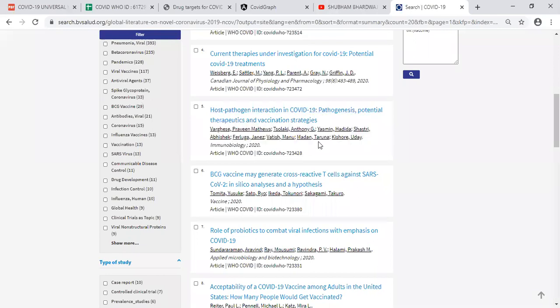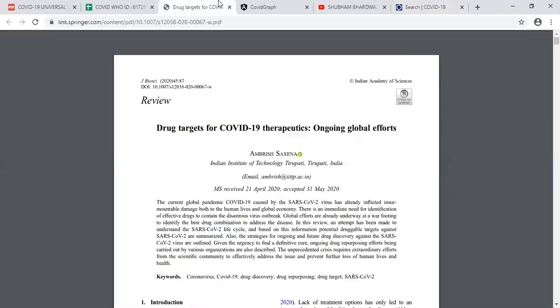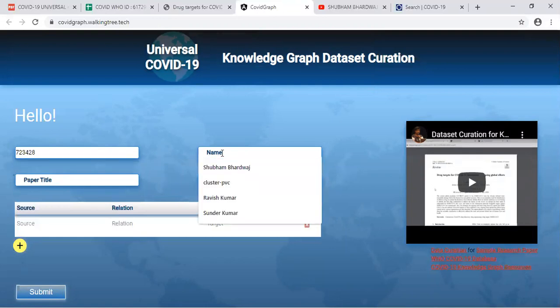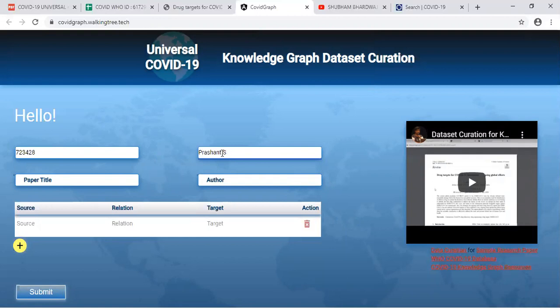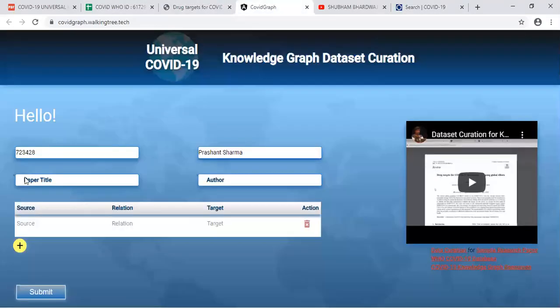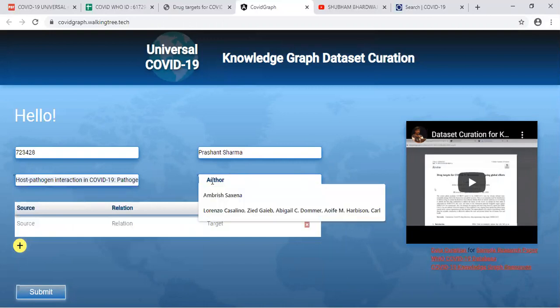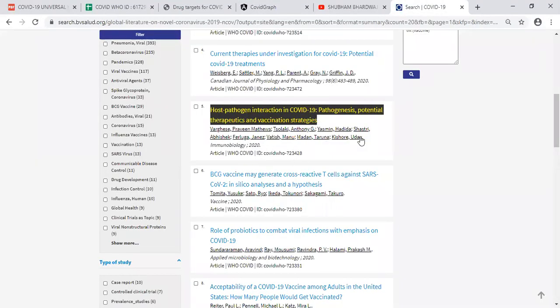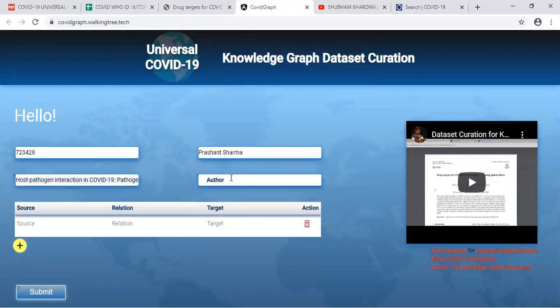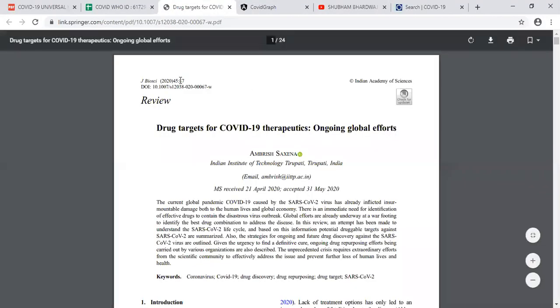Let me fill the details once again, because we had not yet submitted. This was our ID. Name could be anything, say Prashant Sharma. I mean, your name, of course. Paper title was this. Oh, available here also from my session. And the authors were these. The authors seem not to be available. Let me check. No, you can paste them. But once you submit it, you will be able to just get these things back by just entering this and this. So coming back to data curation,